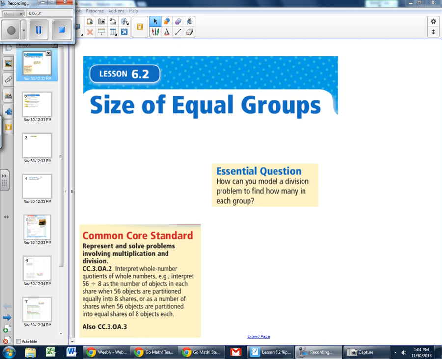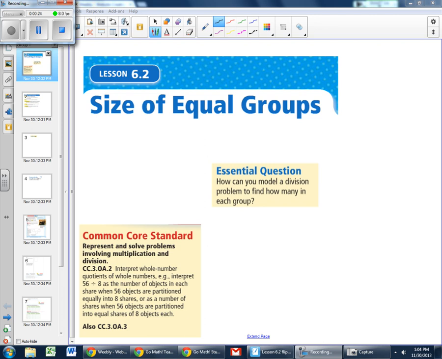Welcome to lesson 6.2 in your Go Math. We're talking about size of equal groups today, meaning that all of your numbers are going to fit into a group in perfect order with none of them left outside of the order. Your essential question today is how can you model a division problem to find out how many are in each group? So kind of piggybacking off of 6.1 where we talked about acting them out,